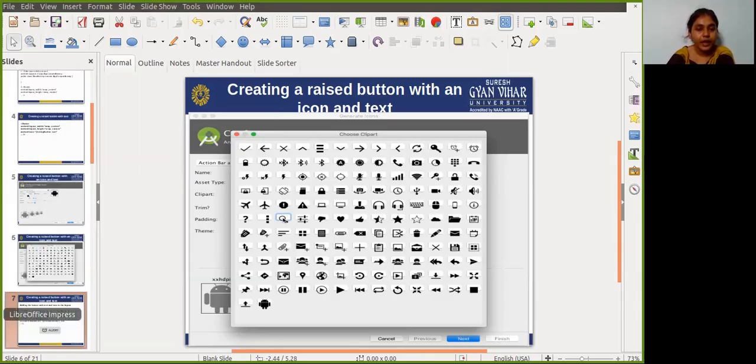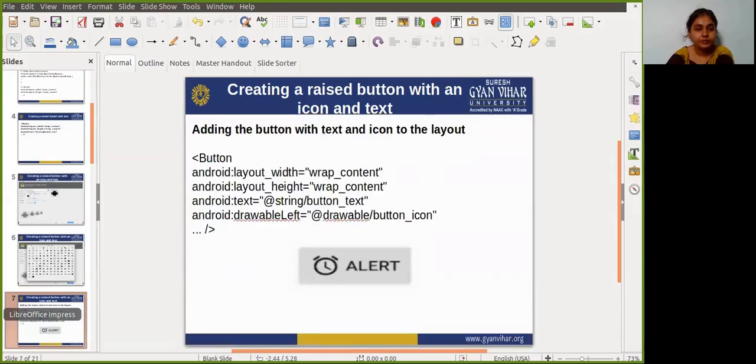Okay, adding a button with text and icon to a layout. So for that, guys, you need to write some XML code. So to create a button with text and icon as shown in the figure below, use the button in the XML layout, and just add the Android drawable left attribute to draw the icon to the left of the button text as shown in the figure here.